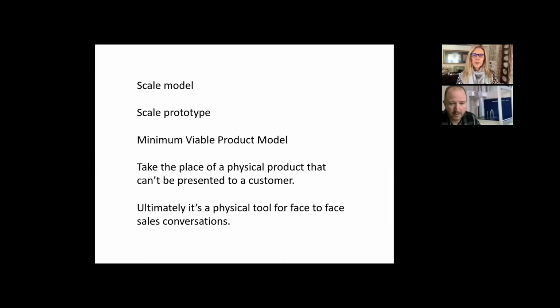And so these are some of the words that I used to define or describe it. Scale model, scale prototype, the minimum viable product model. That's fantastic. The MVP is one of those things that, if someone is coming up with an idea or